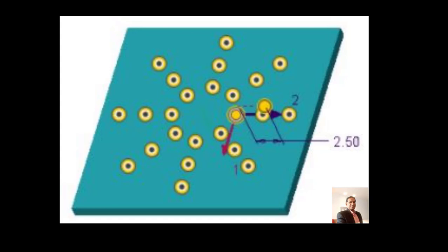Now let's see how to do axis patterning in the second direction, that is, two directions. The axis pattern enables you to pattern features radially and also outward from the specified axis. The following items are required to create an axis pattern in 2 directions. First, specify the axis reference. The pattern extends angularly about the selected axis.